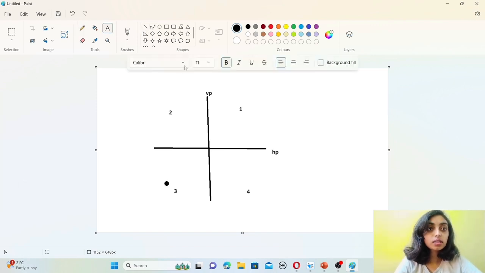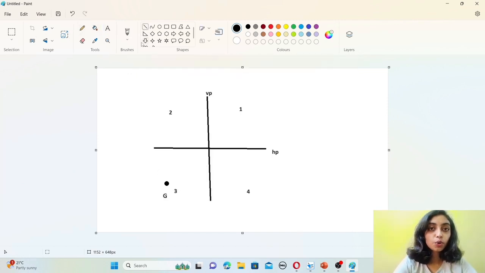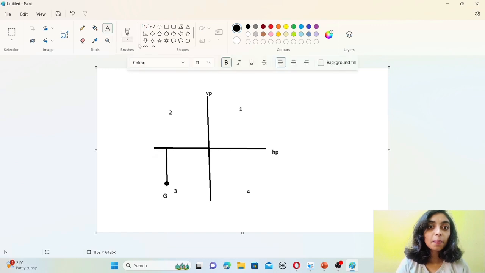So this is capital G. This point is 25 mm below HP. So let us mention it here. This is 25 mm.